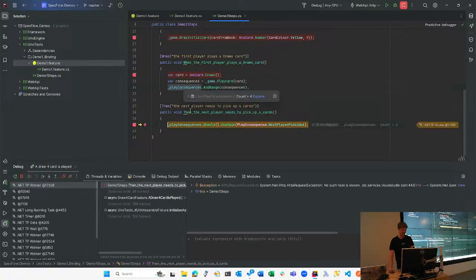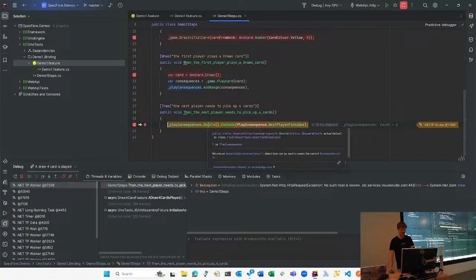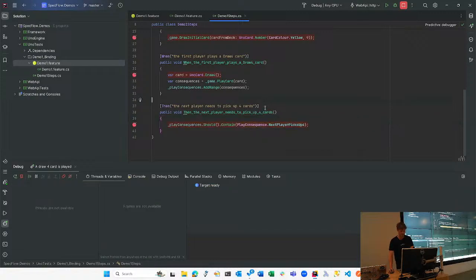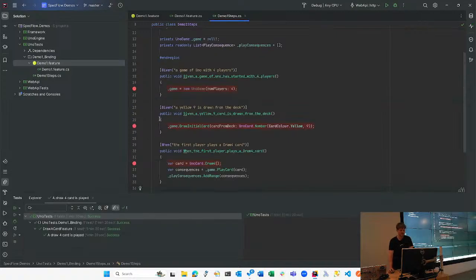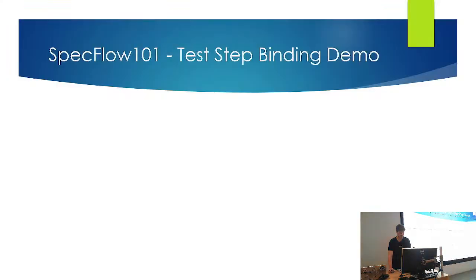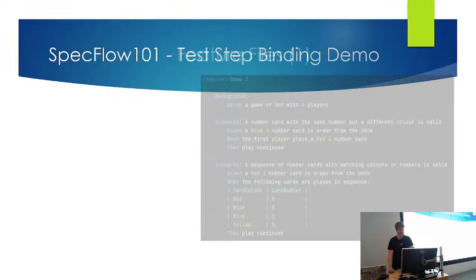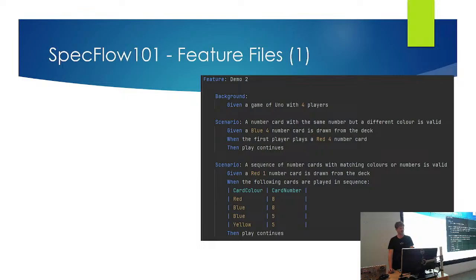And then finally we get to our then step. So we're basically just asserting. We're using fluent assertions, by the way, so we get some nice syntax. We're just asserting that these play consequences contain the consequence that we expect, which is that the next player needs to pick up 4 cards. All right, so that passed, which is good. All right, so I'll go back and give a bit more detail on the feature files